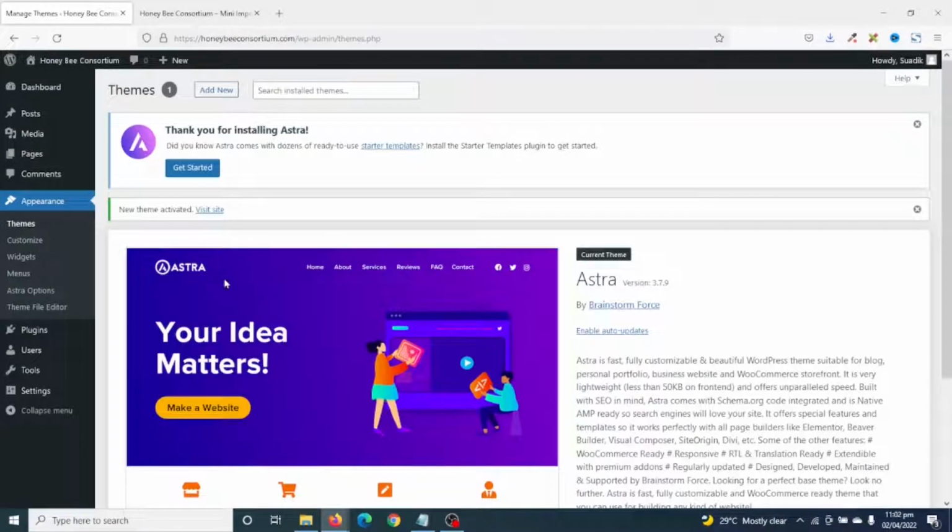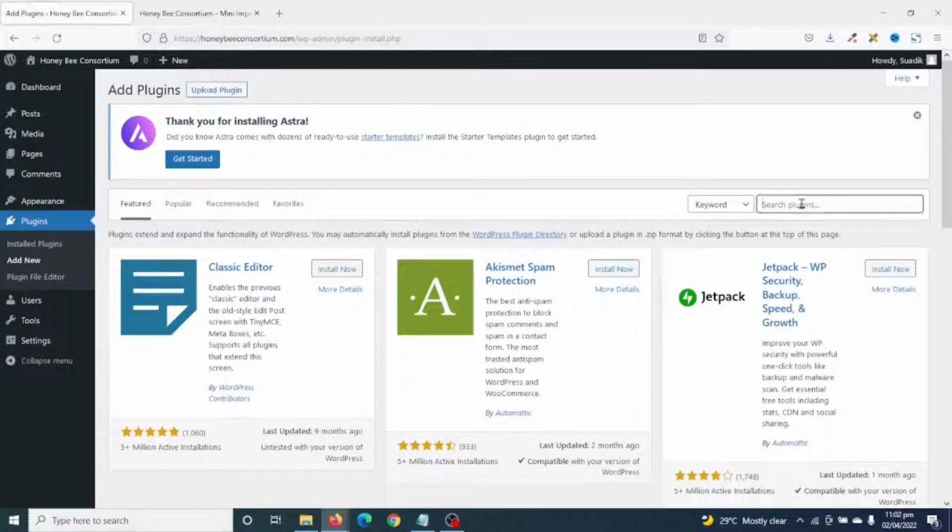The next thing I'm going to do is go ahead and install a plugin. A plugin will extend the functionality of our website, and this particular plugin I'm going to install, we can actually get it by clicking on Get Started. But assuming you don't see this widget, you can go over to Plugins, click on Add New, then under Search Plugins,